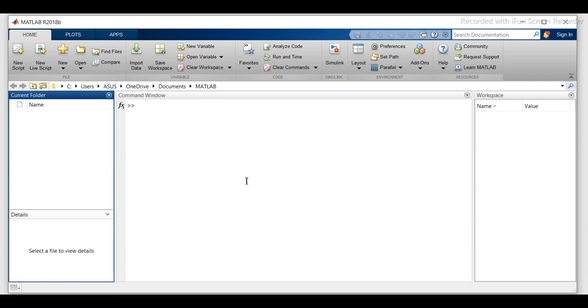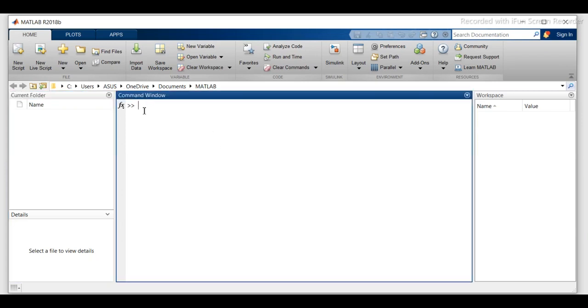Now I am interested in doing some simple calculations, such as 2 plus 2, enter, answer is 4. So you see that MATLAB is working. That is very interesting, mathematical. You are now faced with the MATLAB desktop on your computer, which contains the prompt in the command window, that is the command window prompt.